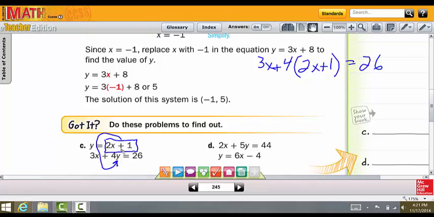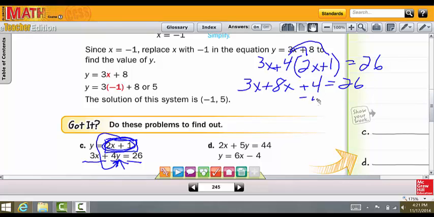So let's review. All we did is we took the 2x plus 1 right here and we plugged it into this equation where we have y. So we have 3x plus 4 times 2x plus 1 equals 26. Now all we need to do is distribute the 4 over both of these terms. So we have 3x plus 4 times 2x is 8x plus 4 times 1 is 4, and all of that equals 26. So the next thing we want to do is subtract 4 from both sides,